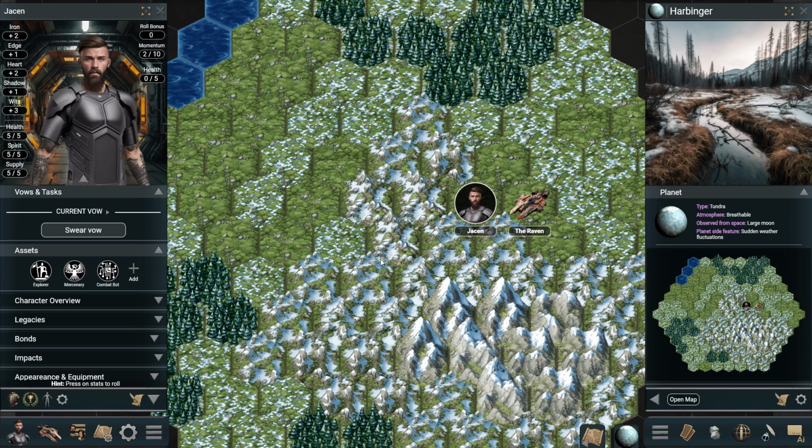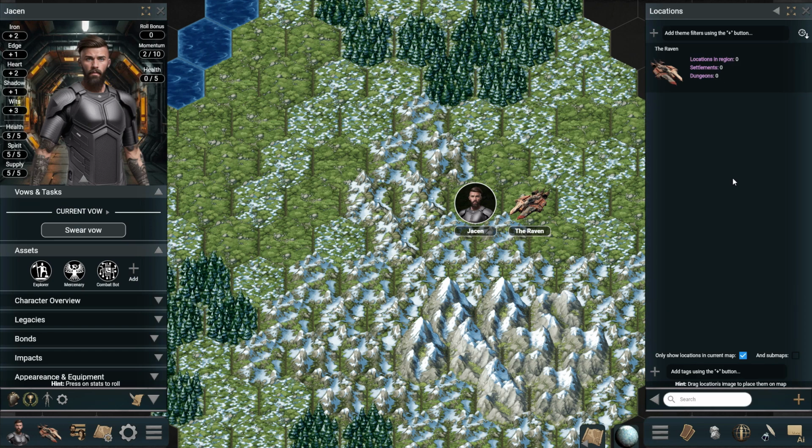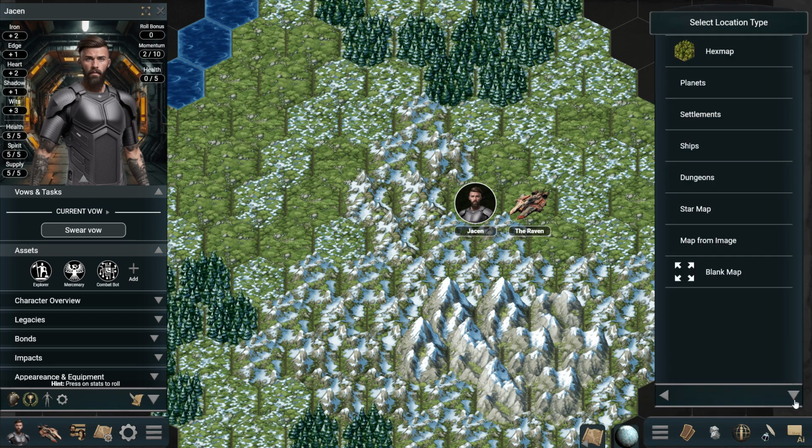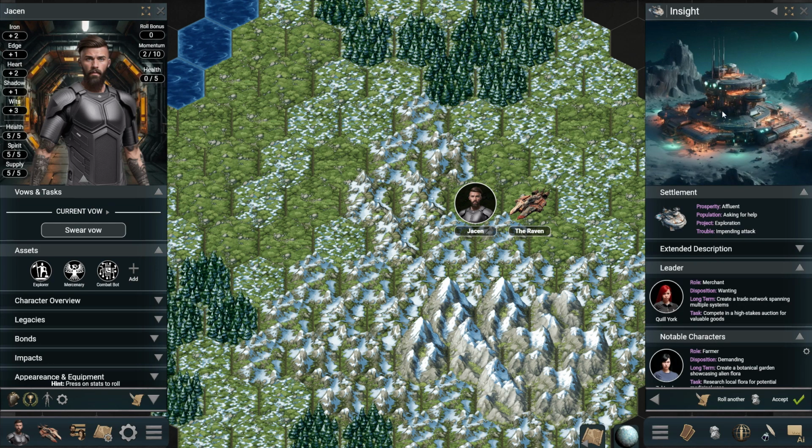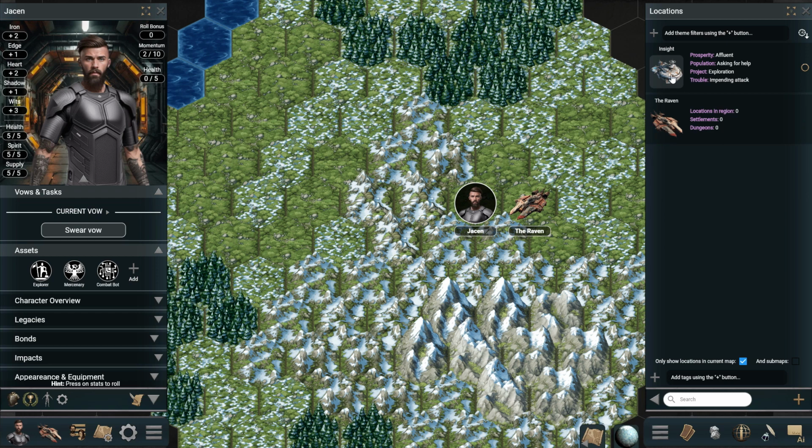And perhaps we should add a settlement somewhere in this map. Again, we go to the game browser, we go to locations, and we press here. We select settlements, and now we select this one. So we get this settlement, the settlement Insight. Let's accept it, and now we can drag it anywhere on the map. Let's say it starts here. This is the settlement of Insight,